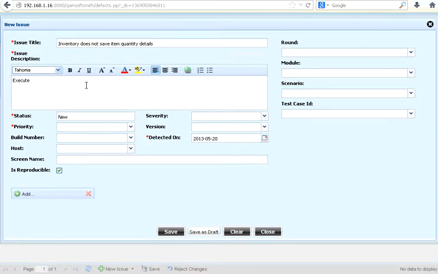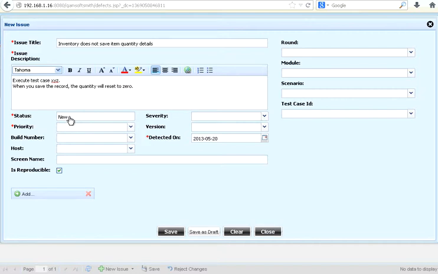This is called steps to reproduce. Okay, test case XYZ. Actually, you have to give the number. This XYZ cannot be like this; it is only an example. So you can say execute this particular test case. Then you can say when you save the record, the quantity will reset to 0. This is typically how people enter the bug description over email so that the development team can understand what exactly the test case is.